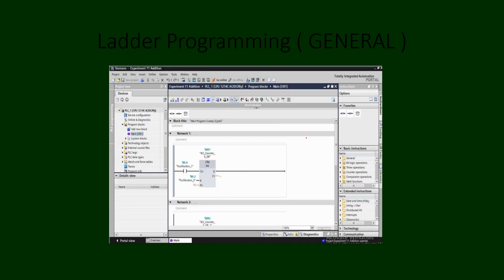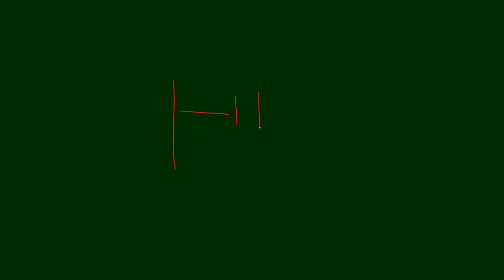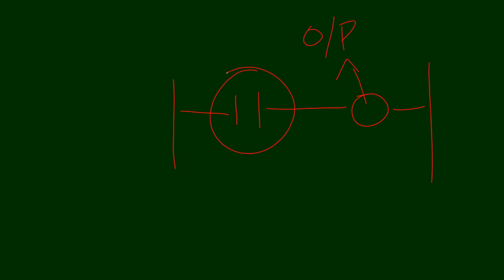How to do the ladder program? So this is general, it is given. There is a normally open switch. If we give it like this, this means one output, it may be a motor. So this is a switch. When we close this switch, then automatically your motor will run. So this is the simple understanding of a switch in PLC. So this is the way we have to do the programming.